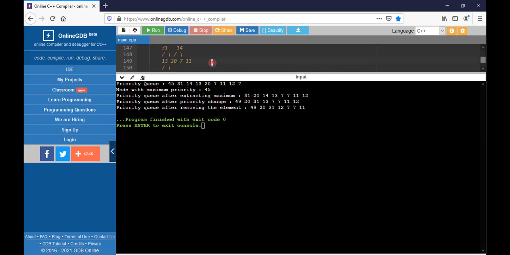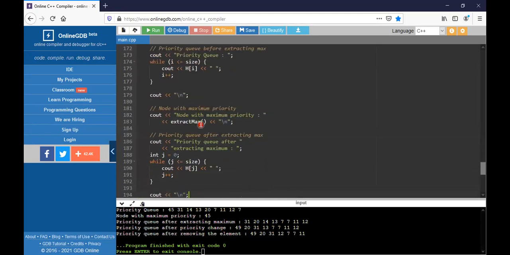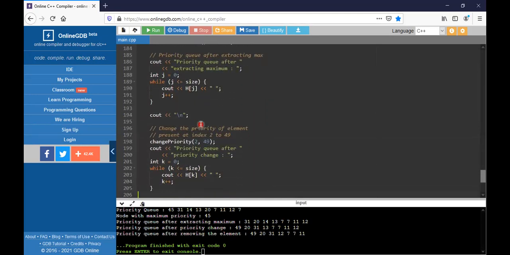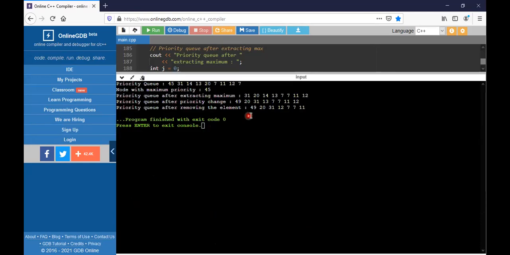As it is becoming that one. And what I have done here is I inserted another element here. If you see, I inserted another element, which is the insertion of 49. What I did here is I am providing the priority as the second one. Okay, I am changing the priority also and I am providing the number to be inserted here. So here initially, what is the priority of that 49? The priority of the 49 is 1 only.